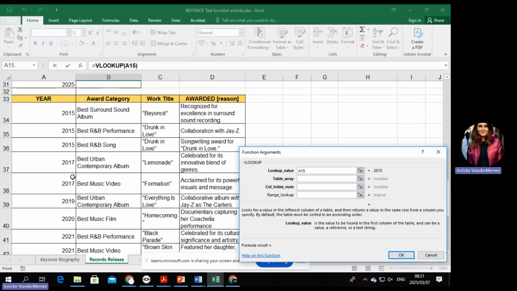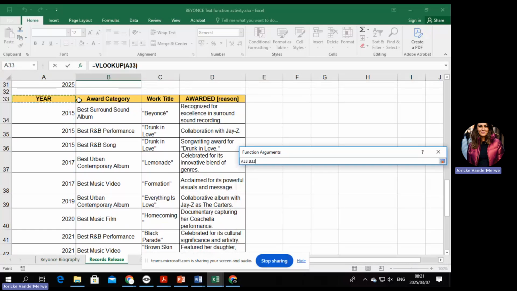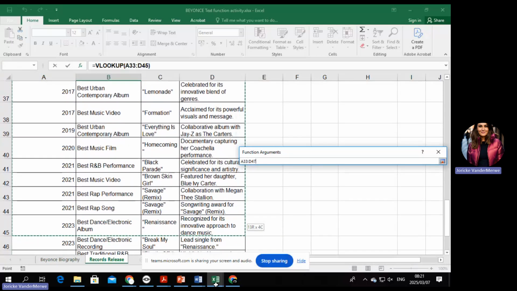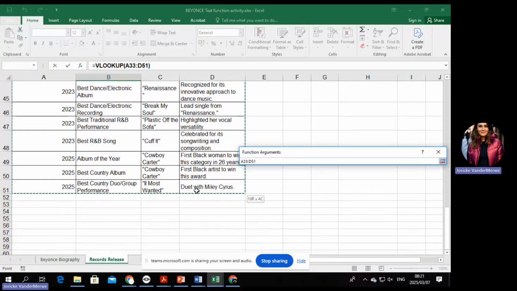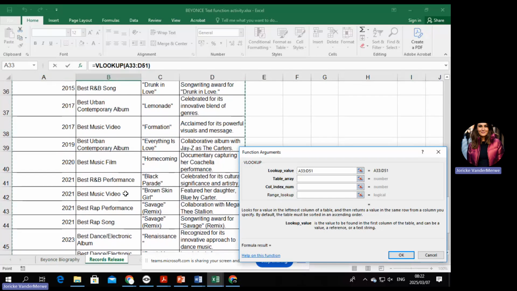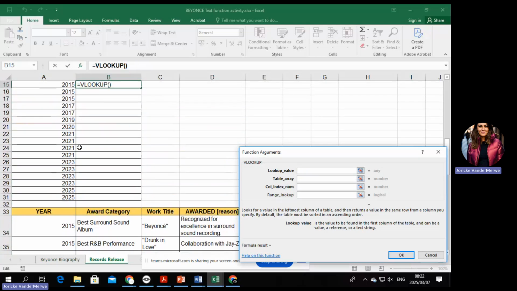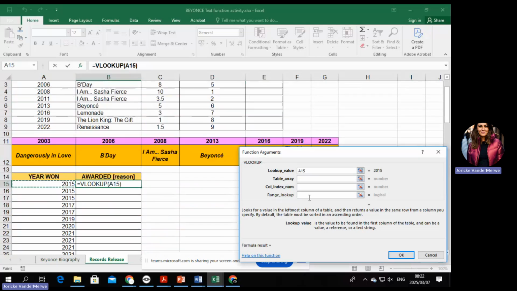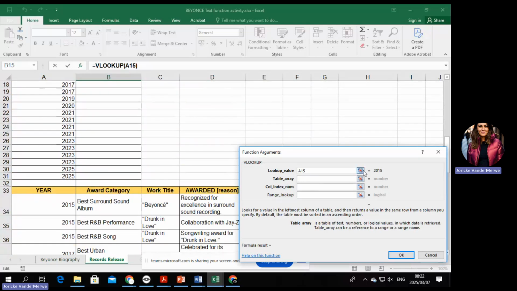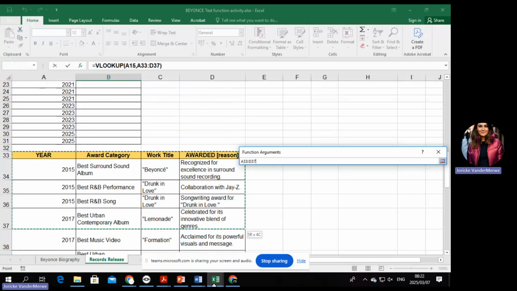And then where must I look it up? It's important to include your headings, by the way, when you're doing a VLOOKUP. Remember also when you rename your VLOOKUP, your headings must be included. Sorry, that was a mistake I made. It must first be a lookup there. The table array is going to be the one that's given here.